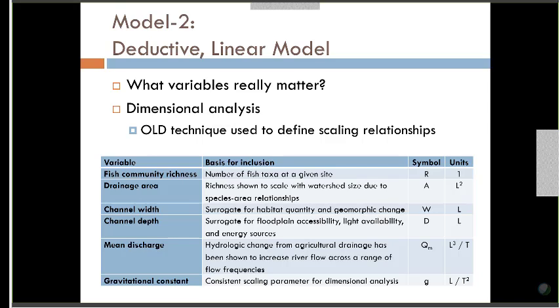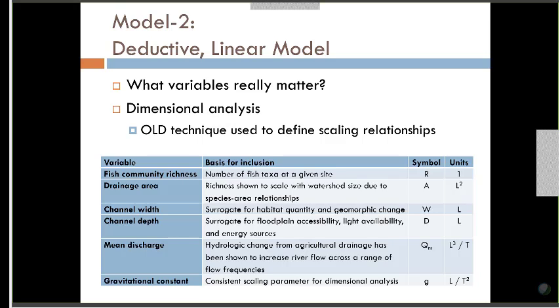And to do this, we look to a very old method that's pretty common in engineering called dimensional analysis. In this basic approach, what we're interested in is creating dimensionless variables that scale across process. And we're interested in creating regressions that are dimensionally homogeneous. So for instance, we looked through the literature and we identified 6 key variables that needed to be a part